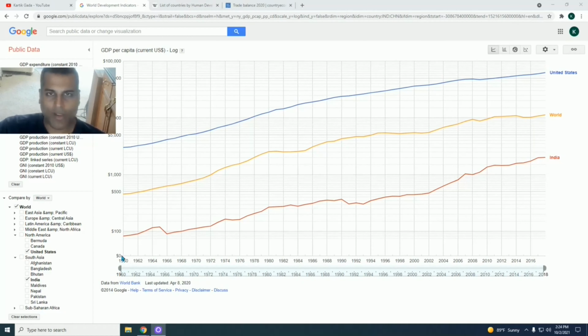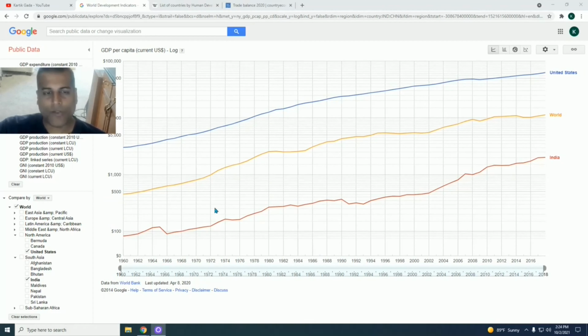And the important thing, pay attention here, the vertical axis is GDP per capita, but on a logarithmic scale. There's a reason we take the logarithmic scale: the proportional distance between the lines can be seen in a geometric sense, and therefore any widening or narrowing of this distance is much easier to observe. Okay? So in 1960, India had a per capita GDP that was a certain gap from the world average, and the world average was a certain gap from the United States. And the world obviously contained both India and the United States, as well as every other country. So this was the gap in 1960.